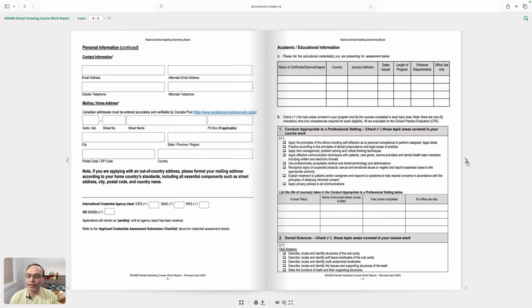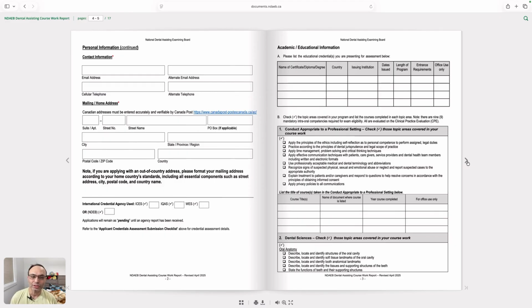Continuing with the personal information on the very next page, I would suggest adding at least two email addresses. If there is a mistake in one, or for any reason it goes into your spam or promotional emails section, then chances are that you could miss some important notification. So add another email address. Rest, add your mailing address, and at the end of this page,